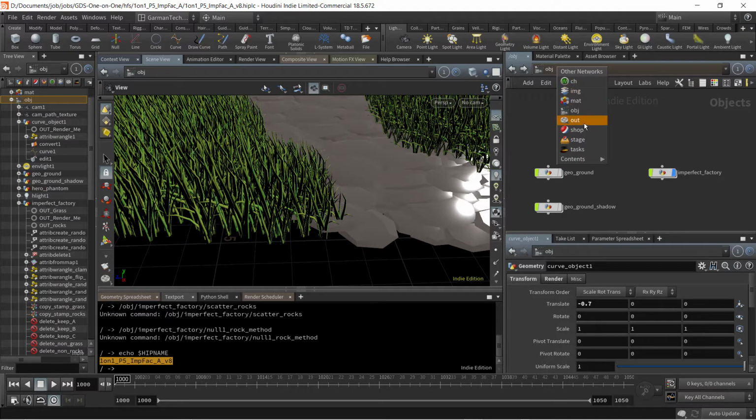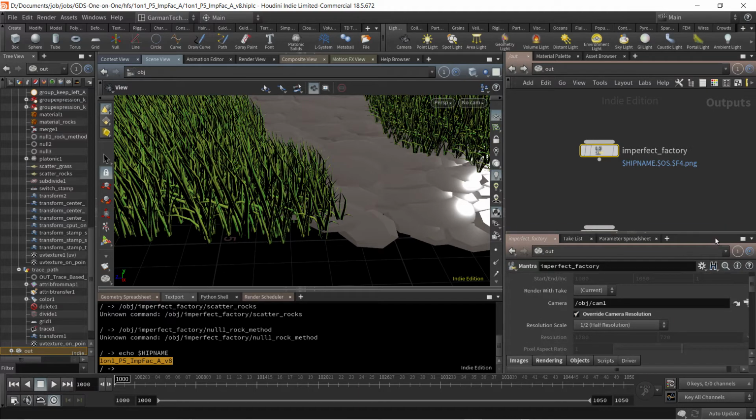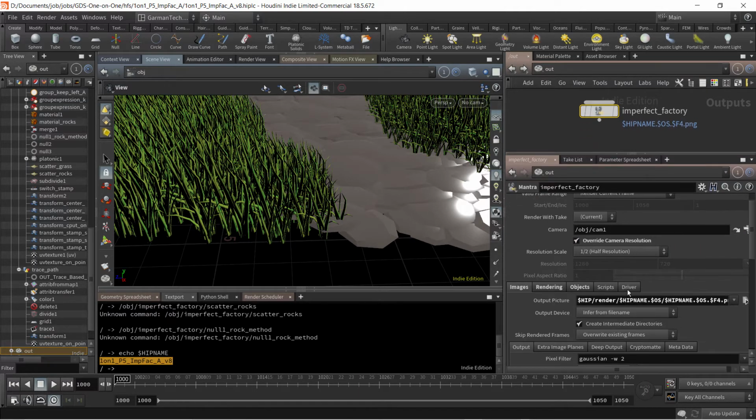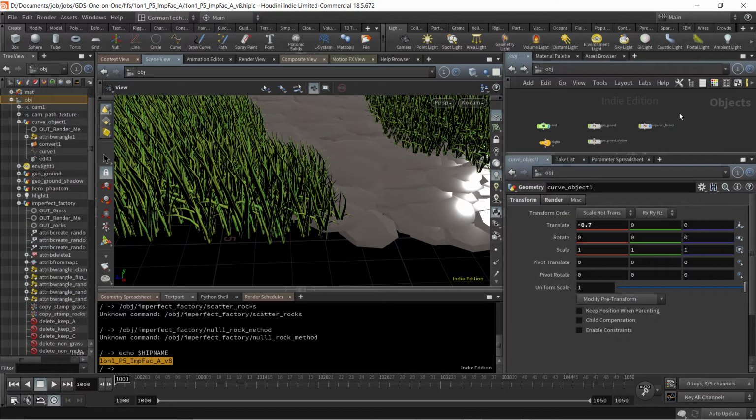And we'll look at my render out in Perfect Factory, my render objects. I have the ground, which I just turned off, which is basically the dirt underneath the grass, and the rocks. Then I have everything else under this imperfect factory. So under the imperfect factory is both the rocks and the grass. If we go back here and go to imperfect factory,